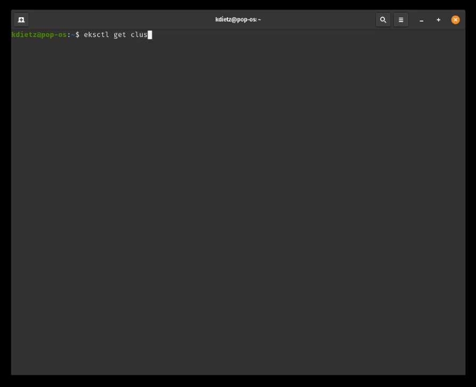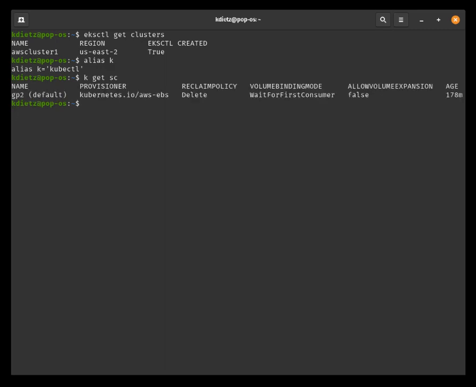So I can show that I do have an existing cluster here, right? And I have my kubectl set up with my kube config file and everything. By the way, I have an alias for kubectl called K. So if you see me typing K, you know that I'm doing a kubectl. So if I do K get sc, this is going to give me a list of all the storage classes on this cluster. And this is what a default EKS cluster comes with,